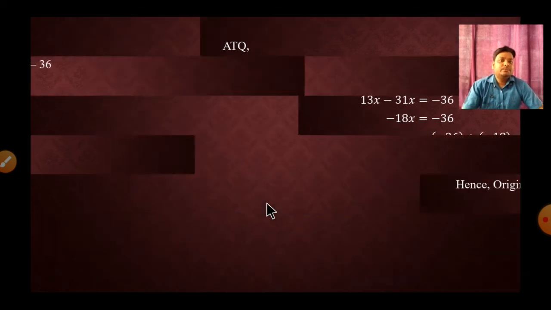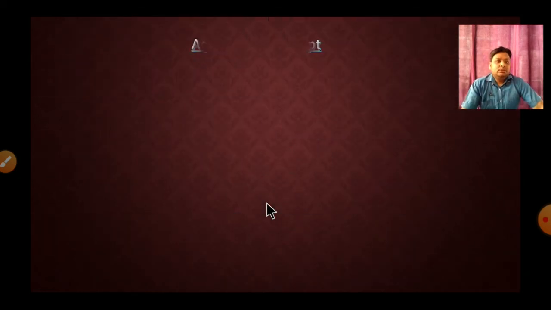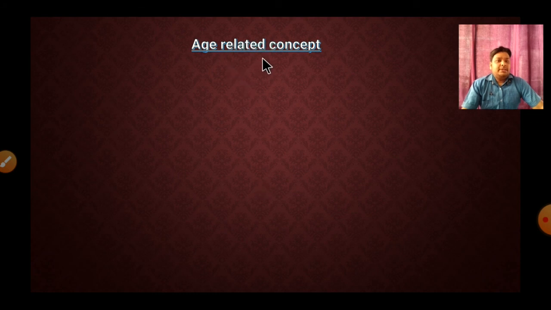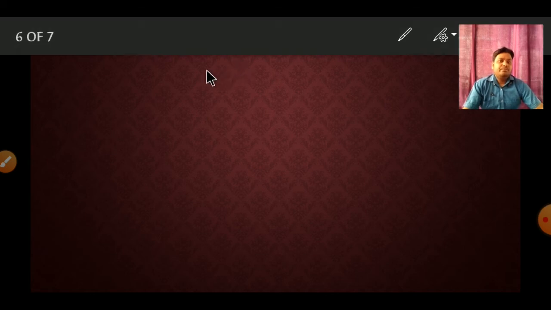Now another concept is age related concept. Okay students. So in age related concept, always there is comparison between father and son, mother and daughter, father and daughter, like this, or brother comparison. Okay. Now let's see